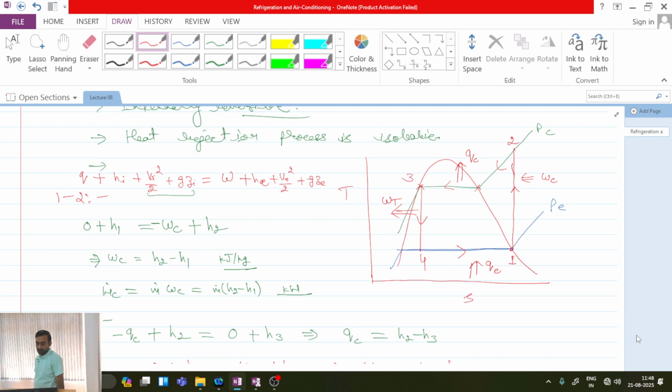Now, why turbine is not used in AC or fridge? That is first question. Second question is, what is the replacement of turbine in the domestic refrigerators? There should be some component which we are using, which is a replacement to the turbine. Okay, first point is cost. Second point,